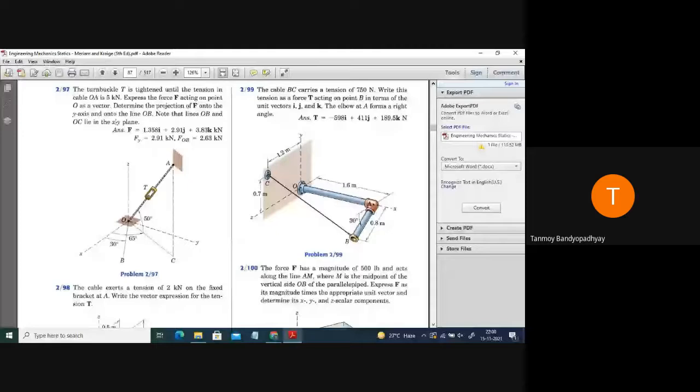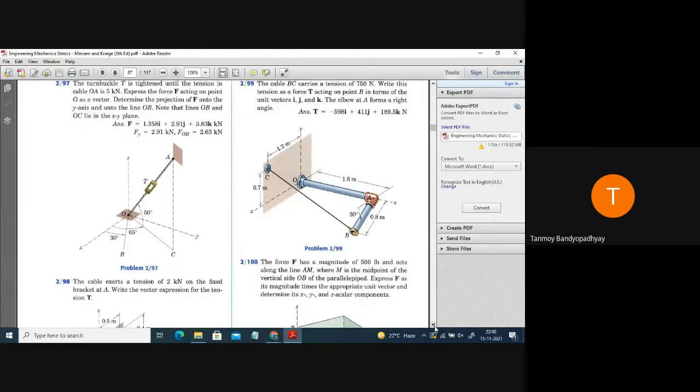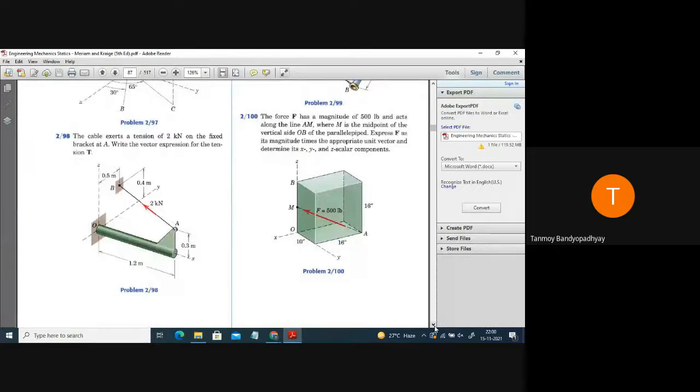So initially you have to express T as a vector. So that is the first part of the problem. And once you find out the T vector, the T vector dot product with OB cap will give you the projection in the direction OB. So this is the vector approach that we are doing. So initially you have to express the force in terms of a vector. So unless you do that, how else can you do this problem? Right now, do you want to suggest some other method? I couldn't understand what you are trying to say, just tell me what you are trying to suggest. No, doubt is clear, sir.